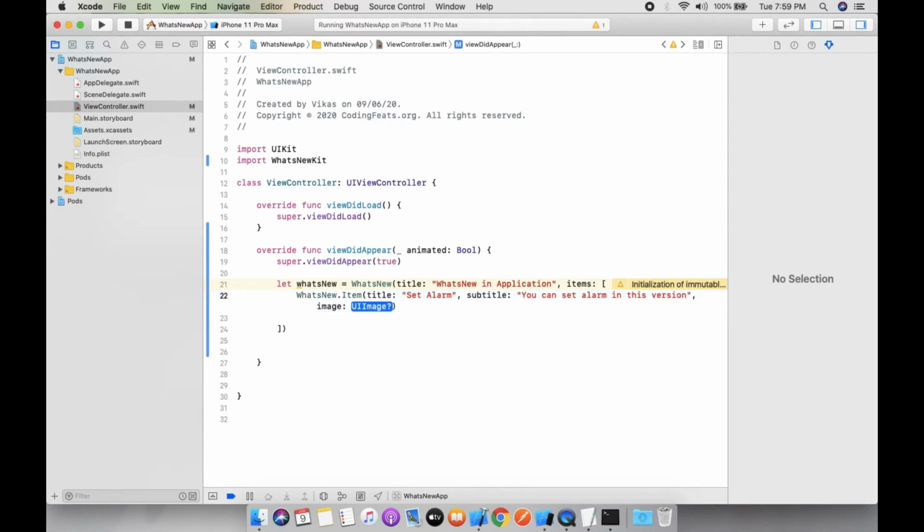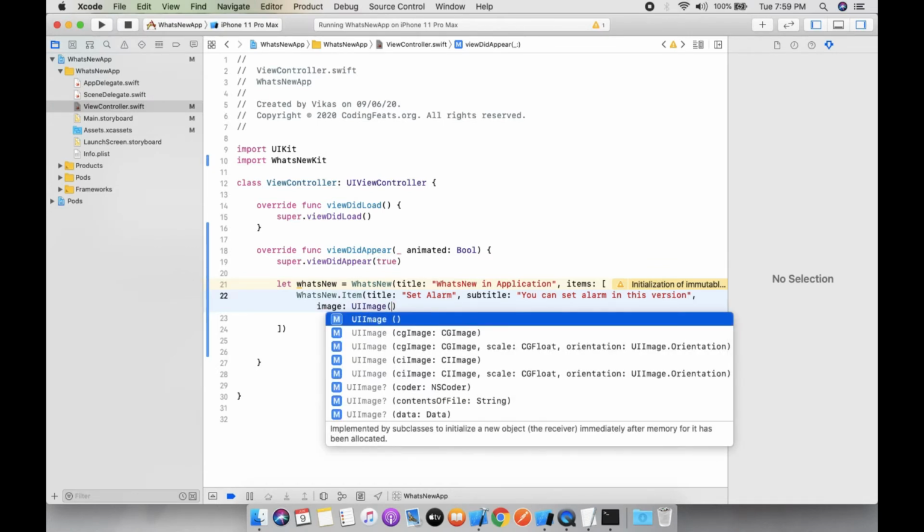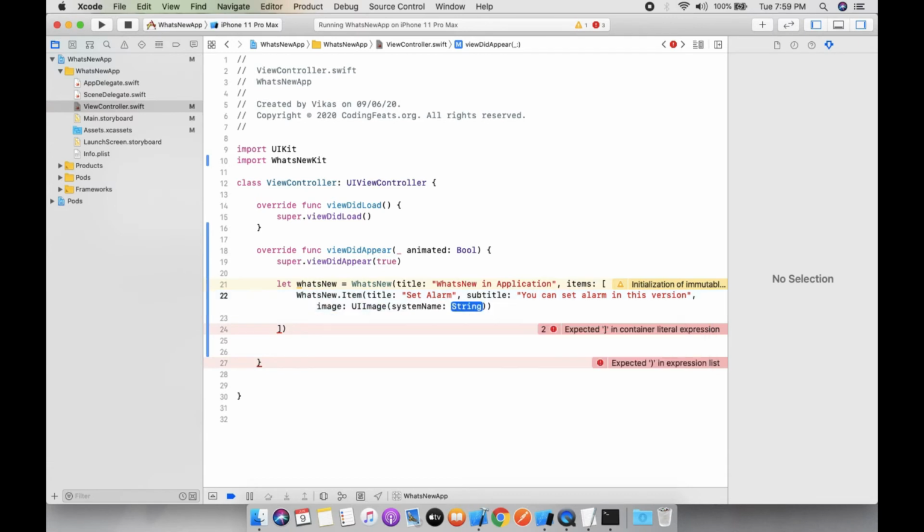And the UIImage, I am going to use a system image, and the string is alarm.